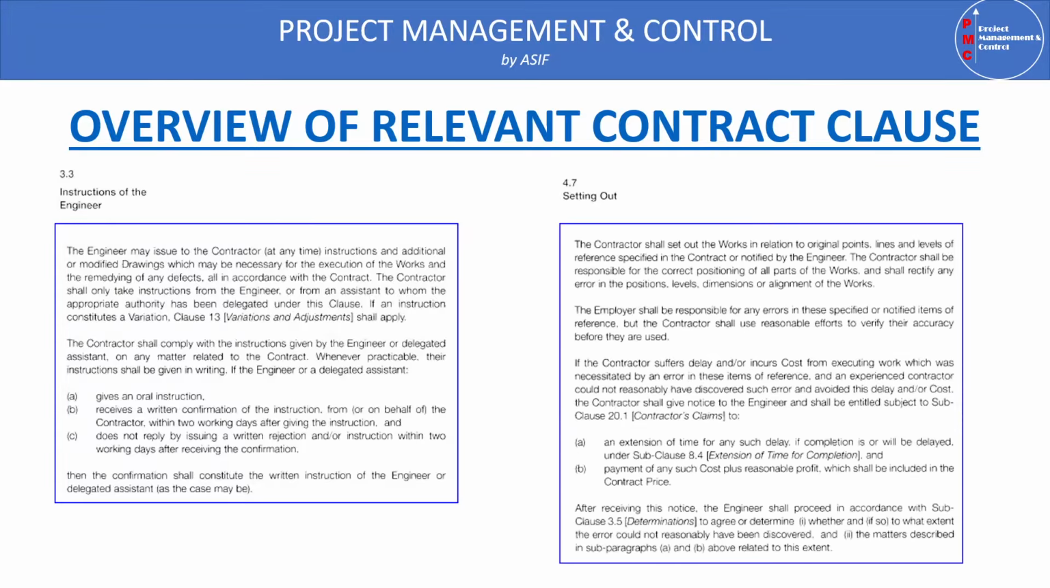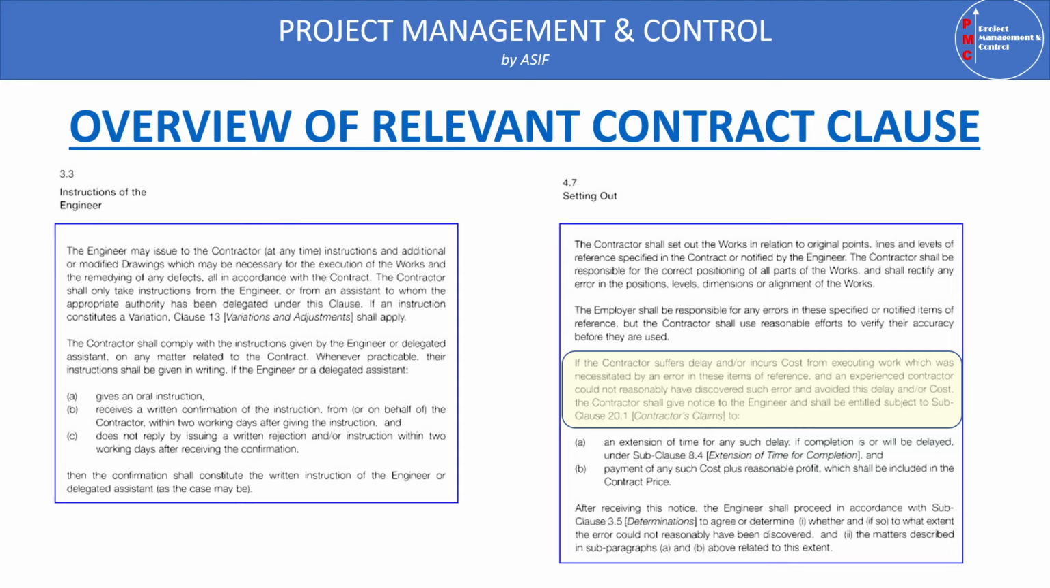This clause states that the contractor shall set out the work in relation to original points, lines, and levels of reference specified in the contract or notified by the engineer. The contractor shall be responsible for the correct positioning of all parts of the work and shall rectify any error in the position. According to clause 4.7, setting out, if the contractor suffers delay and/or